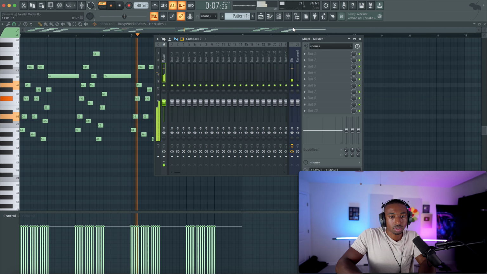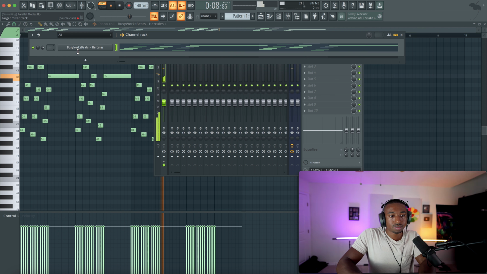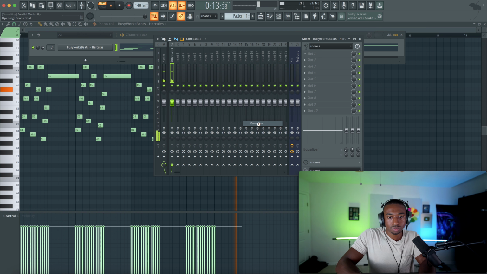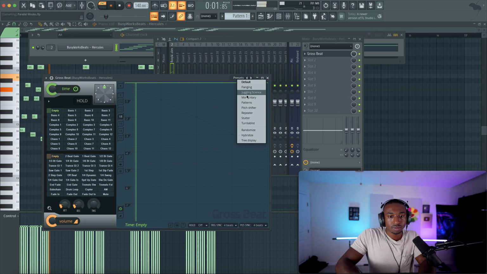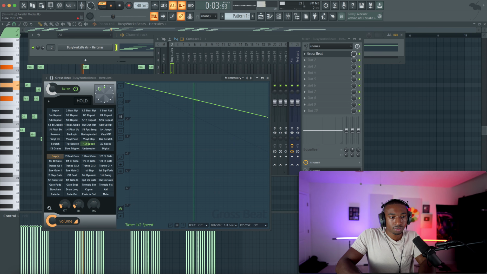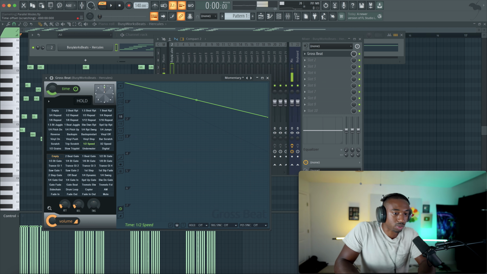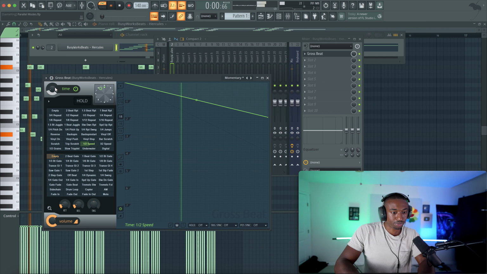Let's see what happens to it. Only thing is, when we did the Alt S, it didn't quantize technically, so that's why this half speed sounds off rhythm.